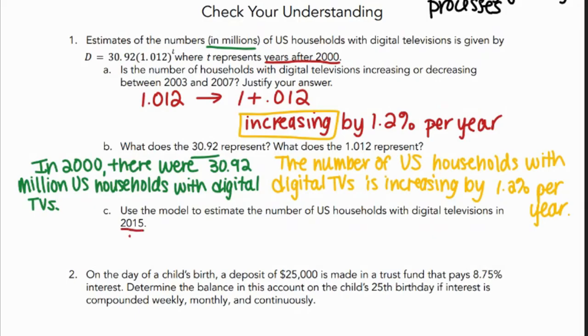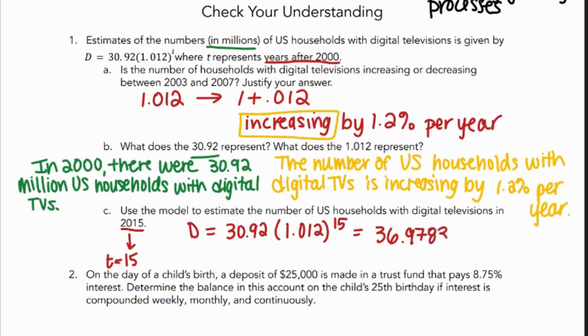We're actually only going to substitute in T to be 15, not 2015, because it's the number of years since 2000. So you're going to take your equation, D equals 30.92 times 1.012 to the 15th power. And when you type that into your calculator, you should get 36.9783 million